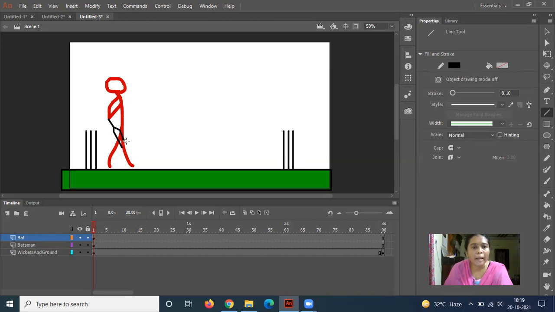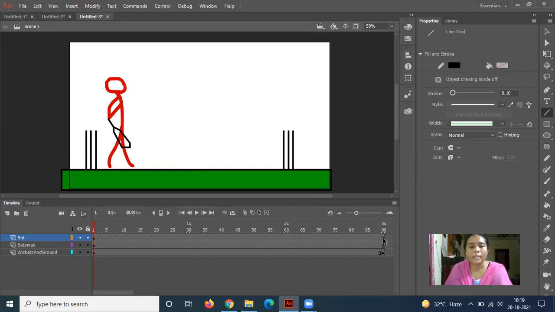So this is my bat. If you want to draw a perfect thing, you can, but it takes more time. So the mouse also needs to work properly. So I need to give the finish end of this bat. Let's suppose that this is the bat of my batsman.